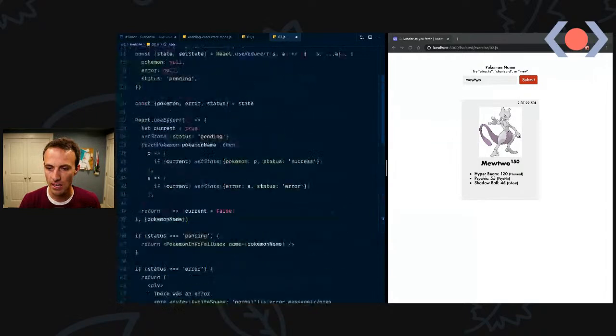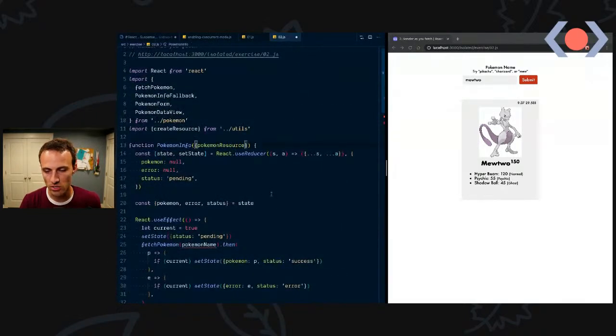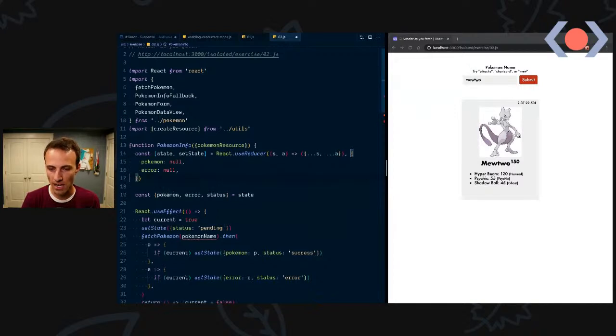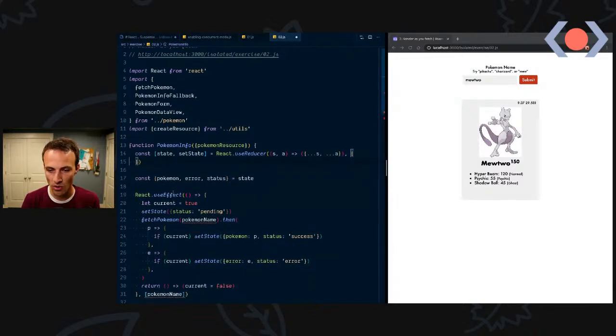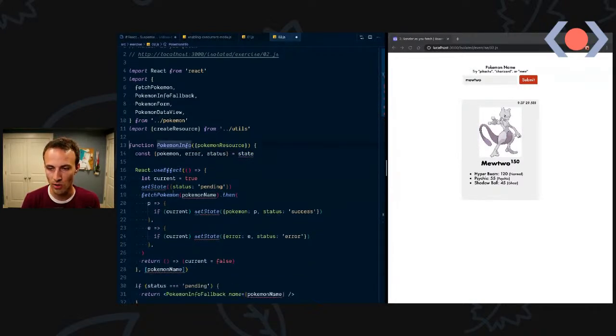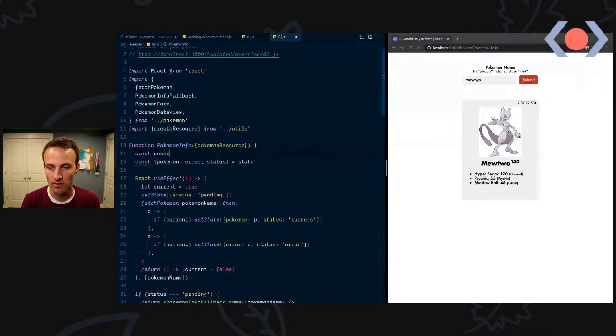Okay. And then we'll come up here, accept that Pokemon resource now. And now we can get rid of a silly amount of stuff. So we no longer need to care about the status or the error state or even the Pokemon state, because we're going to get that from our Pokemon resource. So now Pokemon is going to come from